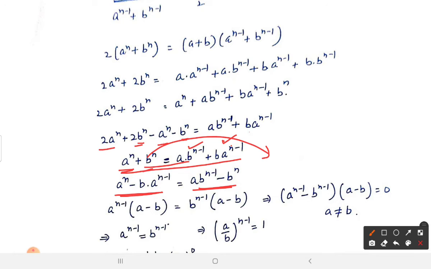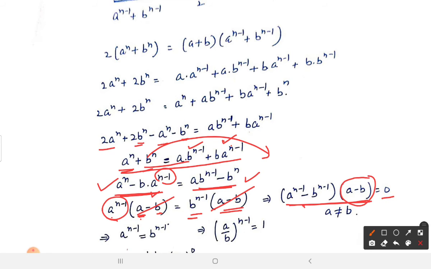So lowest power हम common लेते हैं. Lowest power इसमें a^n और a^(n-1) में से जो lowest power है वो है a to the power n minus 1. So take a^(n-1) as common. So in bracket you have a minus b. Clear? When you multiply a^(n-1) with a, you will again get a to the power n and you will get again b into a to the power n minus 1. Here also take lowest power common, that is b to the power n minus 1, and you are left with a minus b. So either you cancel this or you can write this as it is. This can never be 0. So what is 0? This term is 0.